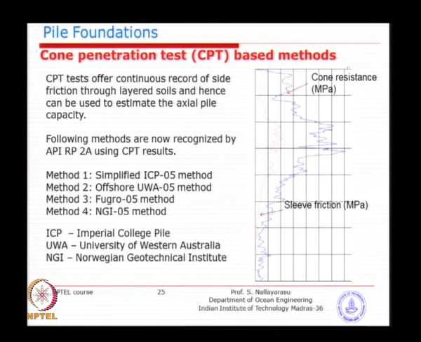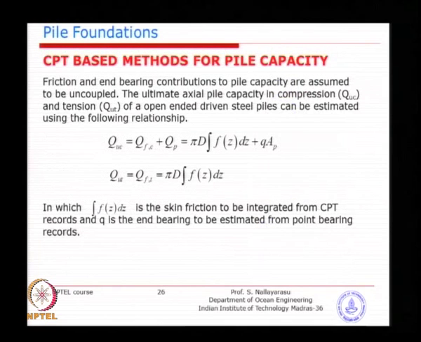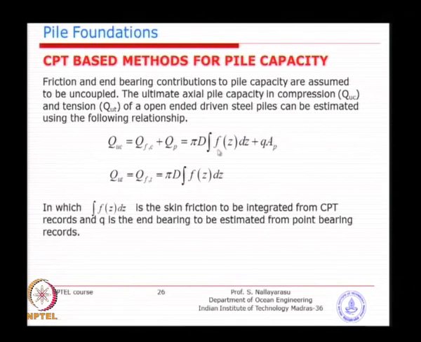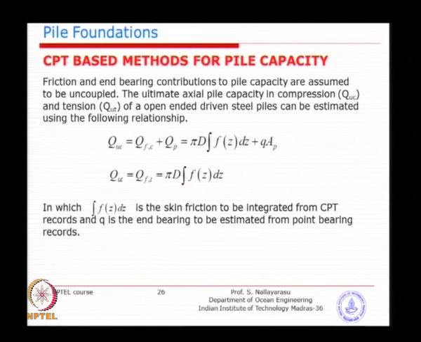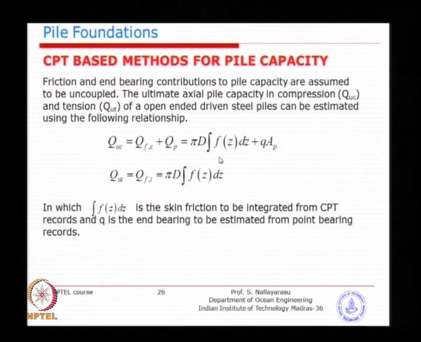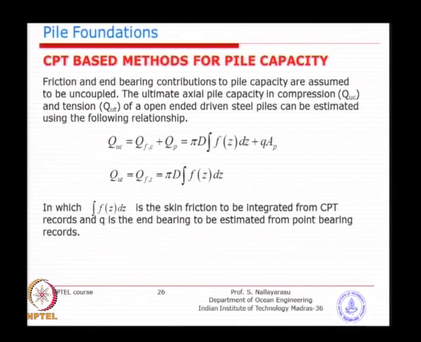reason why so many methods are there, because of variations in the empirical coefficients of different cones and the integration methods. You will see here that the calculation is very similar to what we were doing if you have strength profiles as layered soils. Here we have a continuous resistance for skin friction and the end bearing, and you are trying to do integration from depth to depth, from start to end, and you have compression and tension capacity.